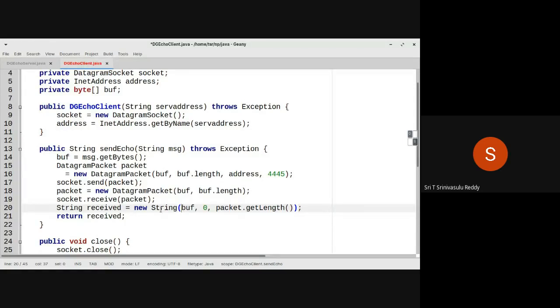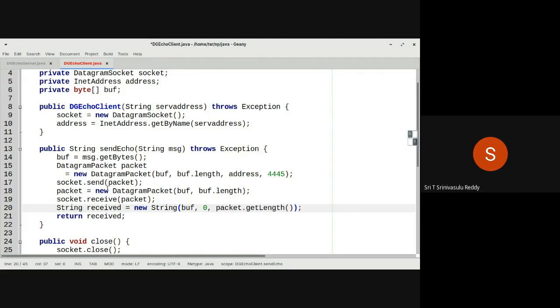And then whatever you have received, you return that back to whoever is going to call this sendEcho. So sendEcho is taking the string that is to be sent to the server, receiving the response, and returning that response as a string.